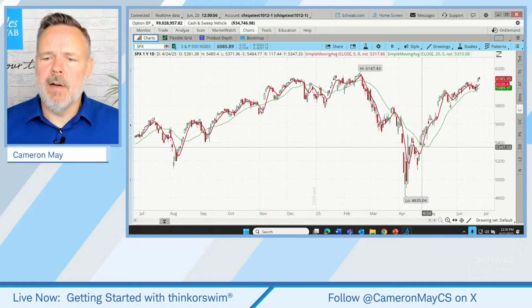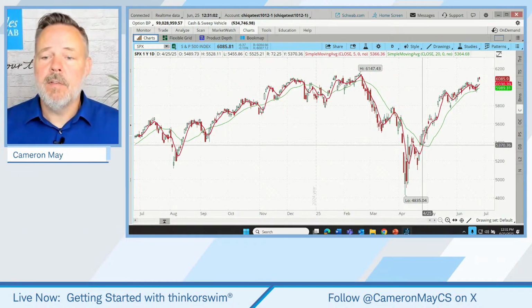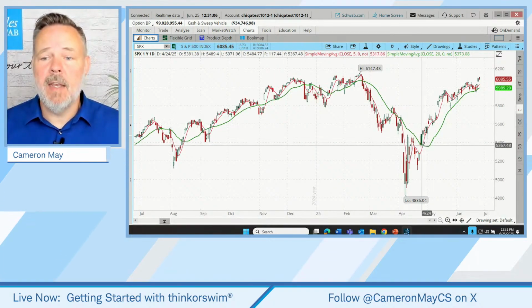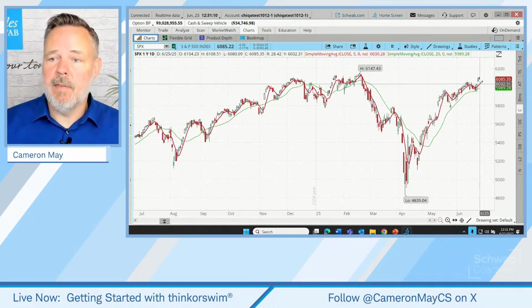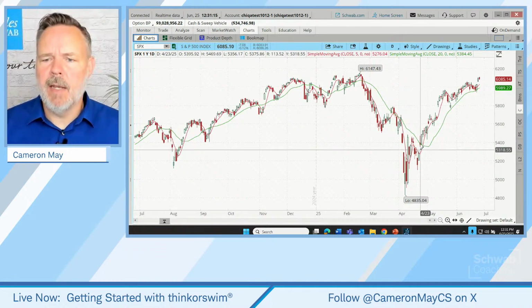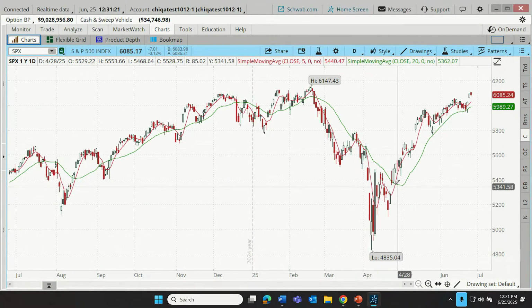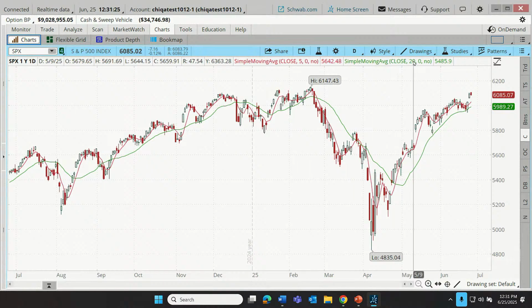So let's say that our trader looks at this faster trend line, and anytime it crosses up and through the slower trend line, so in that case, the red crossing up above the green, maybe that's a buy signal to them. If you want to know the particulars here, this is a 5-period moving average and a 20-period moving average. You can see that right up there, 5 and 20.